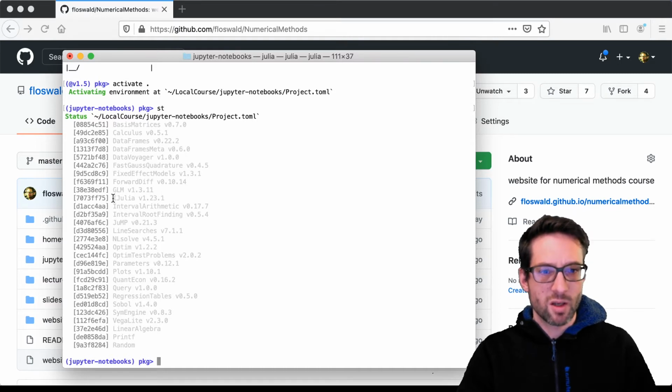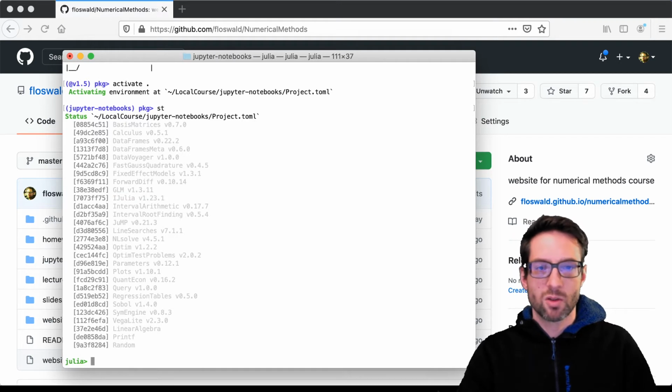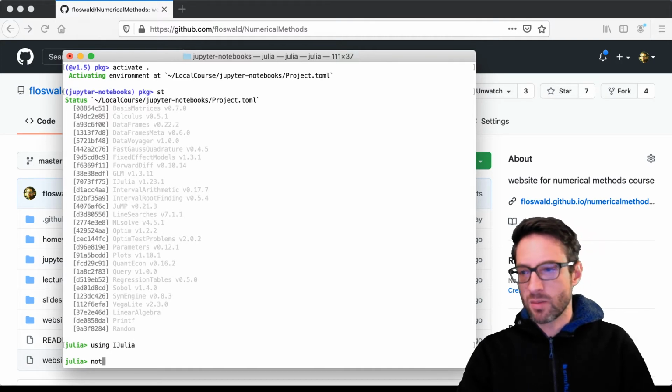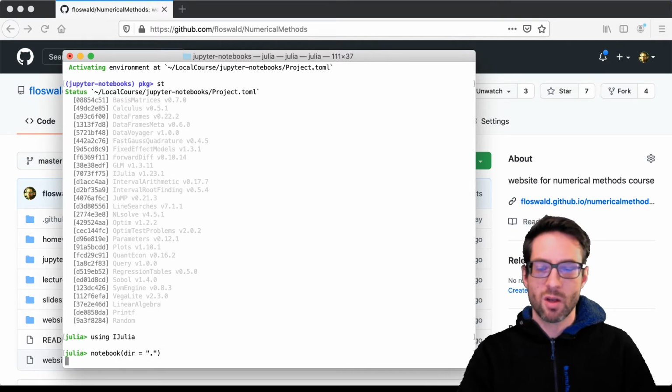Importantly, you can see there's this package called IJulia, which we'll need now to run the notebook server. So I do using IJulia, and then I can simply start a notebook server with the function notebook. I can say where it should start it. It should start it in the current directory, so dir is the current directory. I do that,